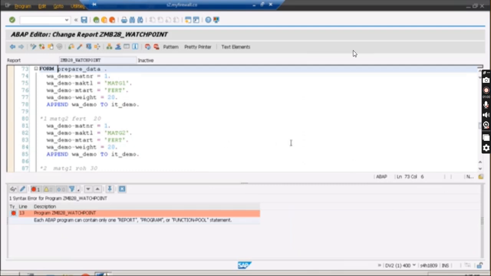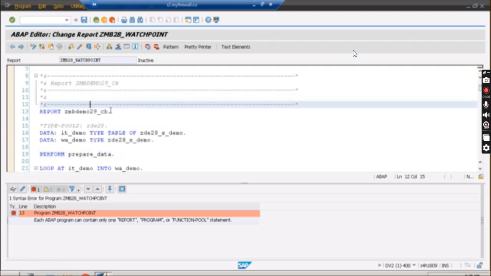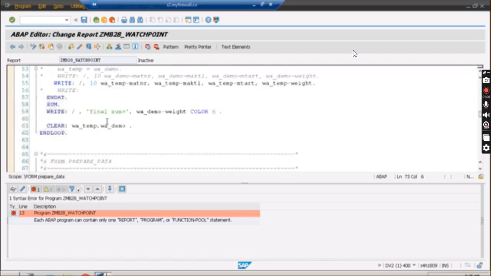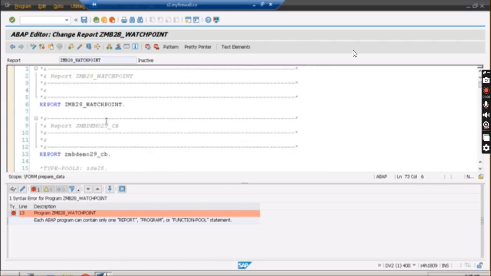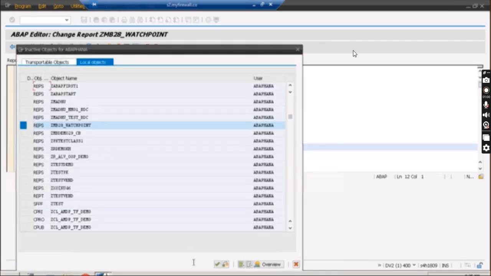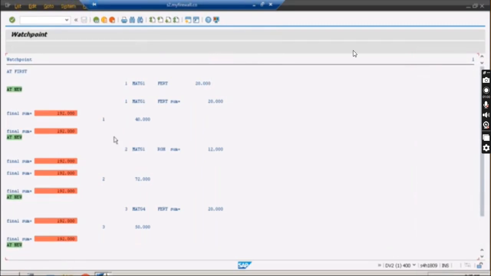About program report, this statement is not there. Report is fine. Program perform prepare data, this form, Control F2. It's fine. Activate this one. It is now activated. Press F8.